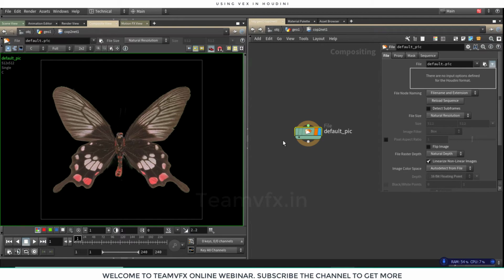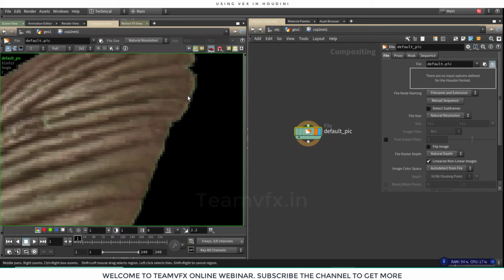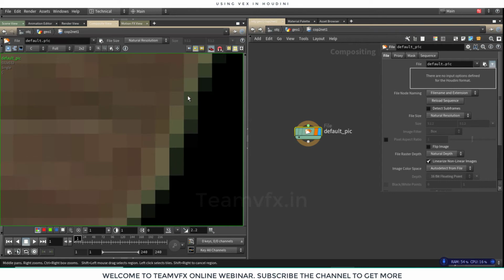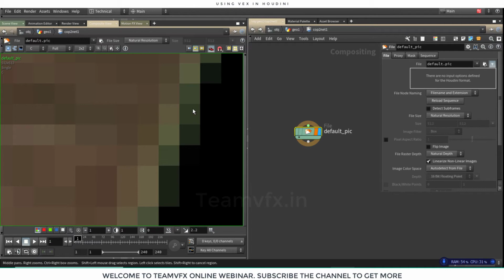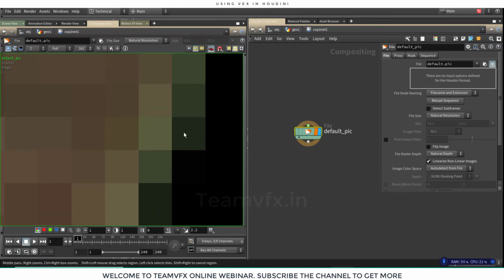Now, not like Nuke, Houdini generally runs on pixels. So you can see over here, I have zoomed into the pixels. Now you can see that there are a few pixels over here, and the good thing about Houdini is that you can change the position, color, and value of that pixel. So you can understand it's a very deep, core kind of job, where we have more controlling power compared to other compositing software.